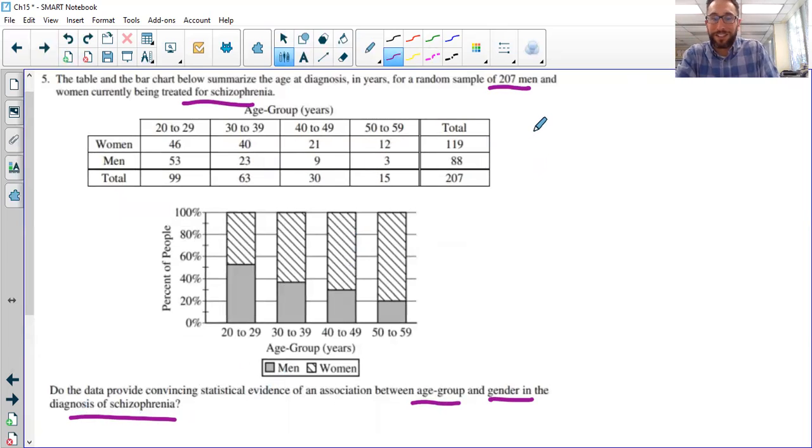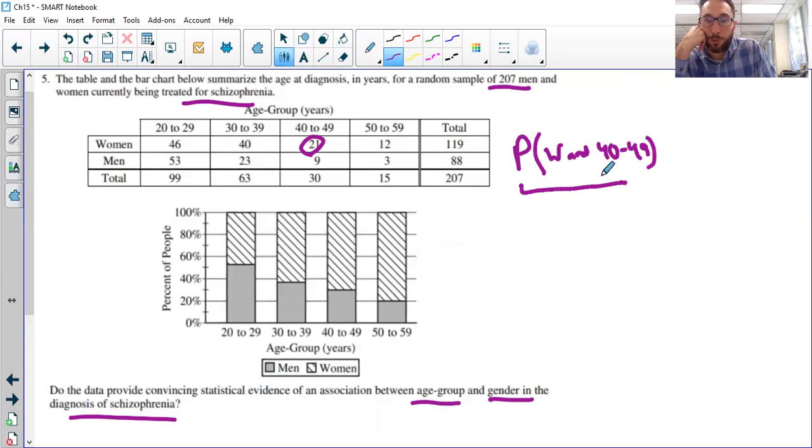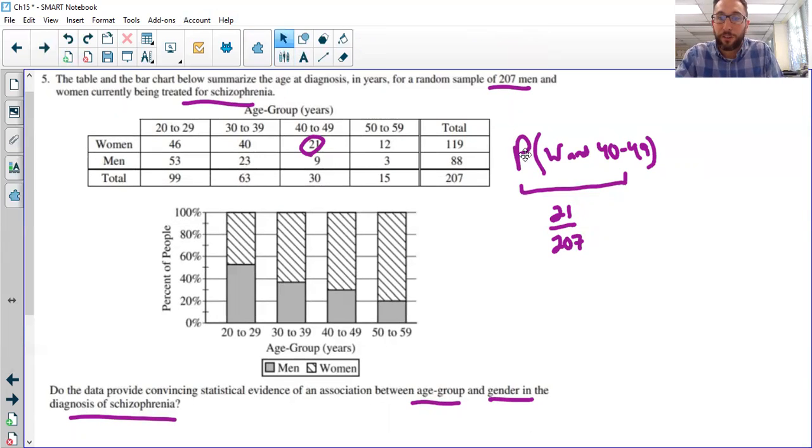Chi-square test for independence, best option. But I could look at the probability, so I could use "and" means multiply. I'm just picking random stuff. Which number do you want to use? This one? Sure. So that would be the probability that someone is a woman and is 40 to 49. Probability someone's a woman and is 40 to 49 would be 21 out of 207. That should equal, if these events are independent,